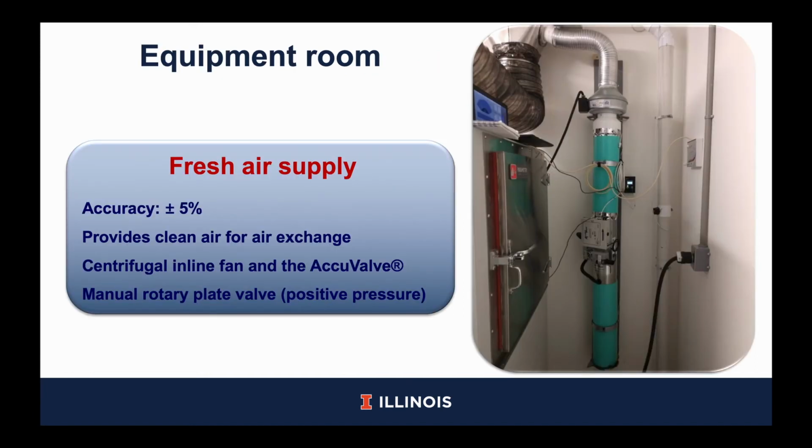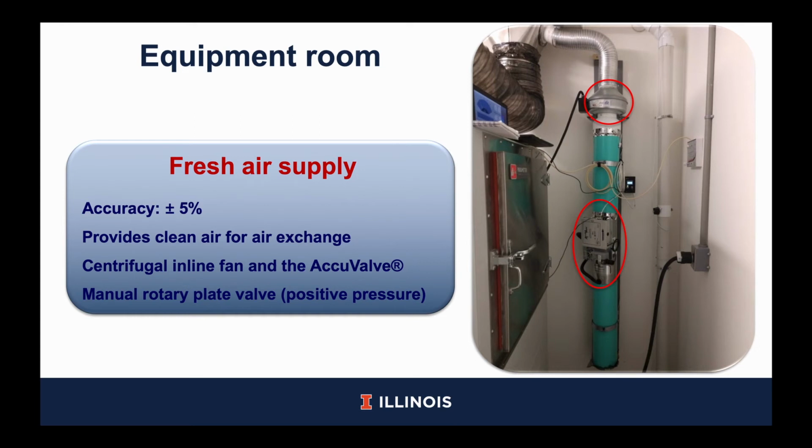In the equipment room, the first system that can be described is the fresh air supply system. We need to control the amount of air that is being supplied to the chamber with a high precision because we need to avoid animal suffocation, but also avoid the dilution of the gases inside of the chamber. This system is composed of one centrifugal inlet fan which brings the air from the equipment room to the chamber, and the air stream is controlled by the electronic valve called ACU valve.